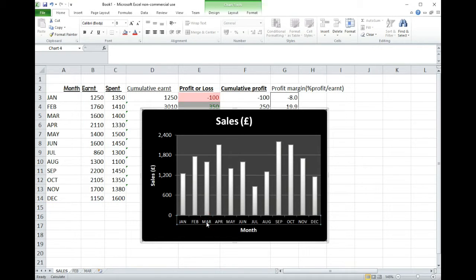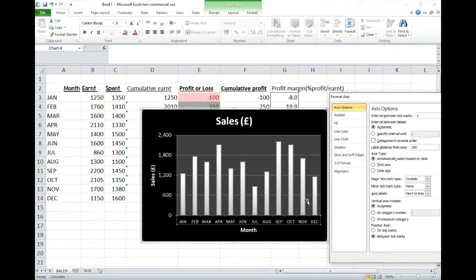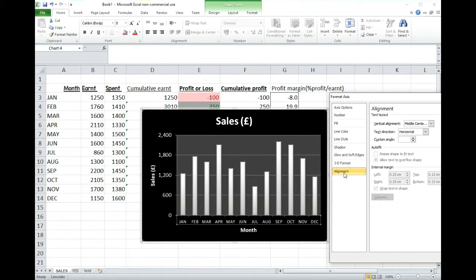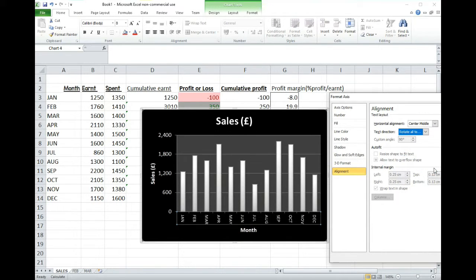January, February written out in full, then you could have clicked on the format axis and gone down to alignment. So you right click on the axis, format axis, and then go down to alignment. And when you get to this screen, you'll see text direction horizontal. You can choose to change the direction to rotate 90 degrees. So now the words are sort of stacked from the right to the left, or you can rotate by 270 degrees. So now the words for the axis labels are stacked sort of left to right,